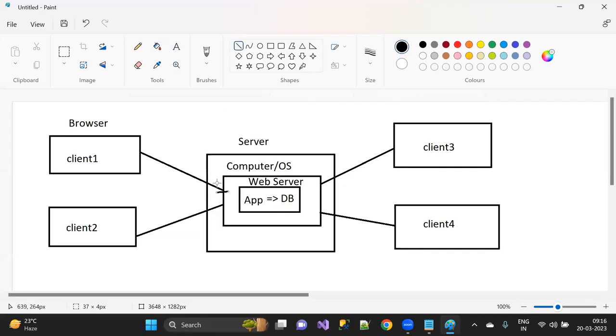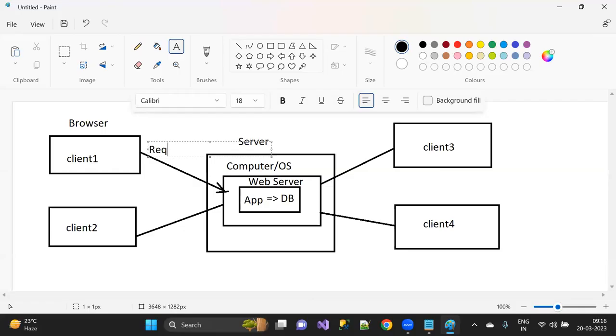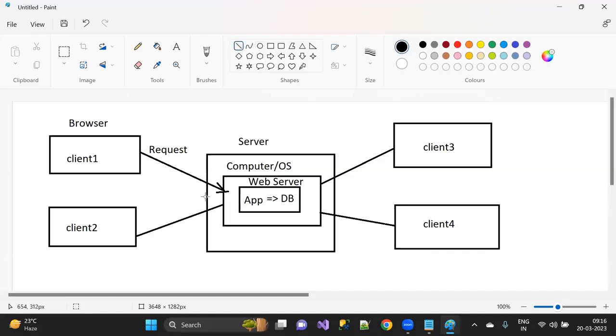So this is what we call a request. Understood? This is what we call a request. And once the request is processed, whether it is success or failure, it doesn't matter, the server will give something to the browser.